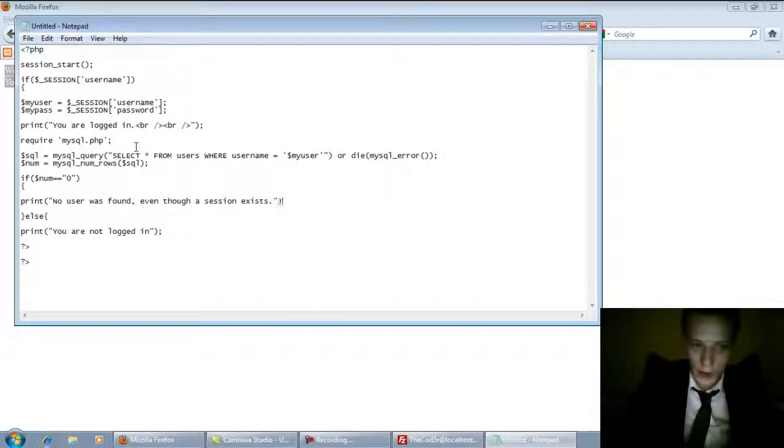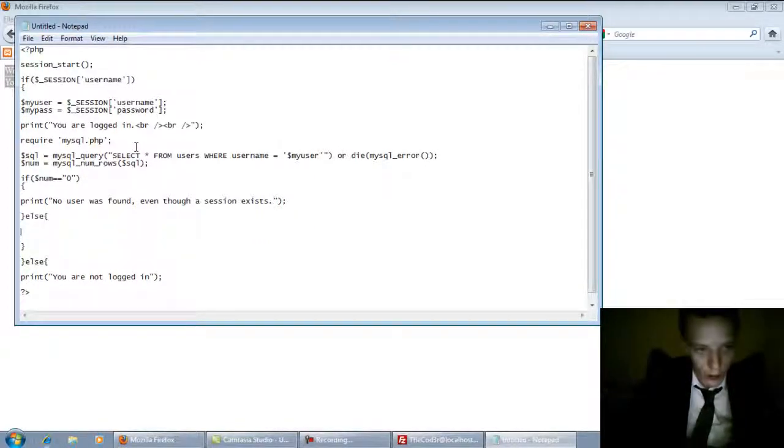So basically even though a session exists, it can't actually find the user, so this means that you could have deleted the username since the last time you logged in or something like that. Okay, so next we're going to want to type in an else. So if it doesn't equal 0, so basically if the record is found, then you want to